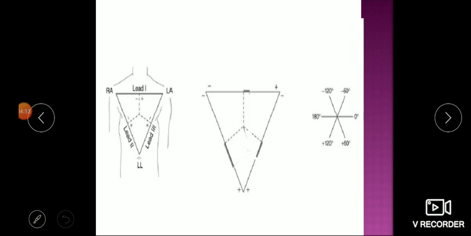Now for this what we do, we take lead 1, we find the maximum amplitude of positive as well as negative. Positive is the R wave, negative is the S wave. Now you can see here it is a very small one, 5 millivolt is the positive and negative is almost 0. So if you take plus 5 and minus 0, this will be 5 millivolt, 5 millimeter. So from the center point, as it is positive we are going 5. Okay, so this is 5 millimeter from the center.